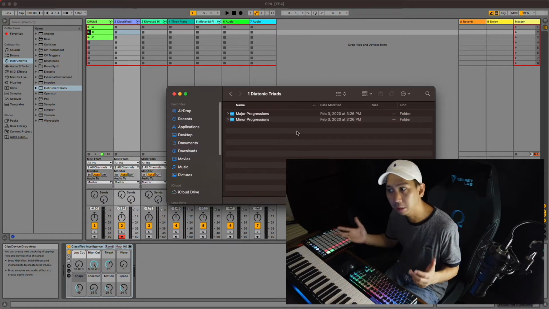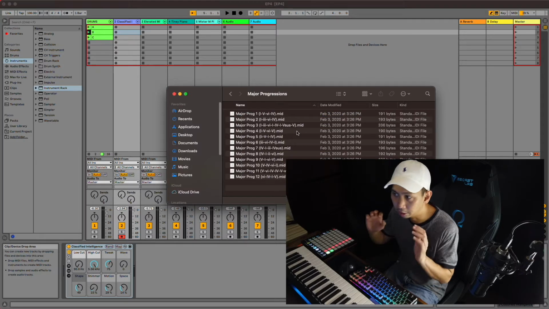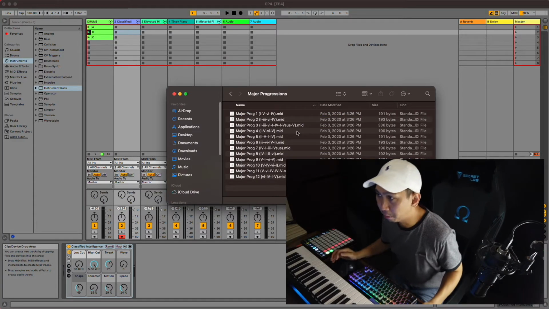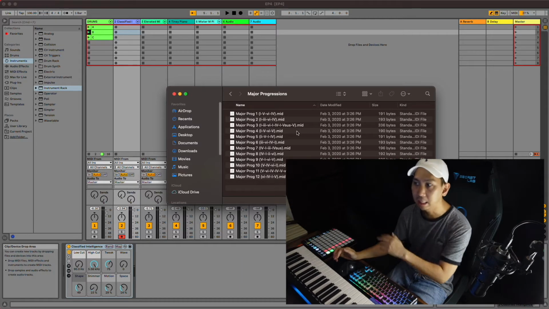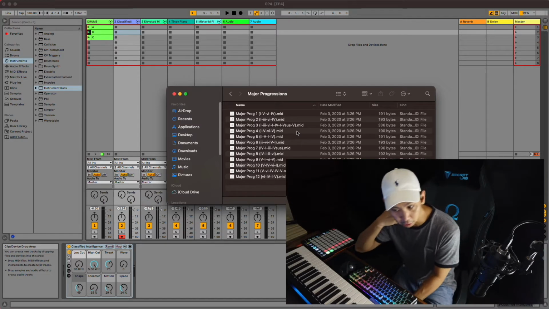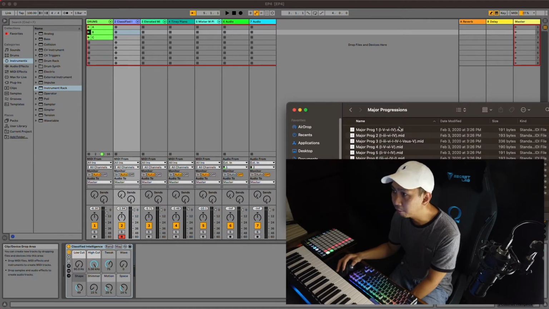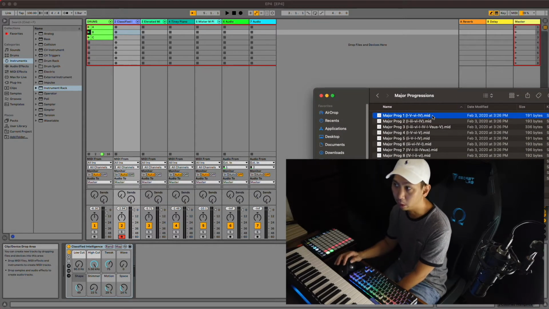Alright, we're working on the key of D major, so I'm going to choose major progressions. So we have here a folder with major progressions 1 all the way down to 12. And then beside each file are a bunch of Roman numerals. Now, if you're not familiar with any of these Roman numerals, I will explain. So for a very, very basic, simple thing, let's choose the first one, which is a